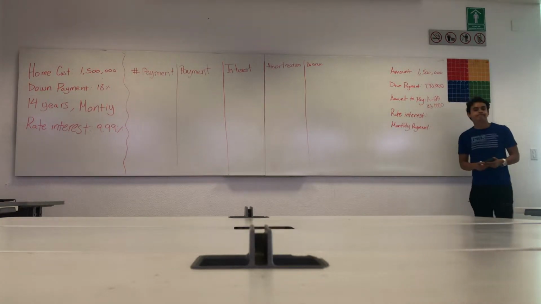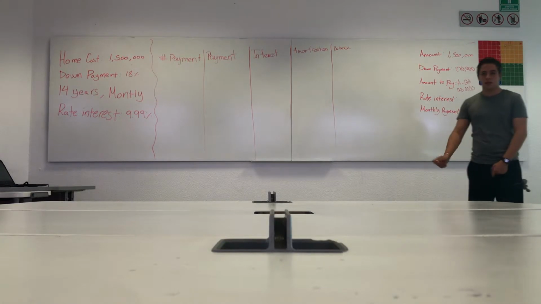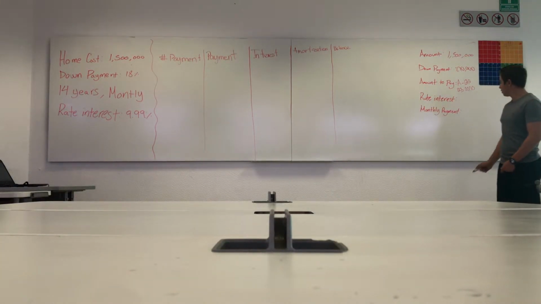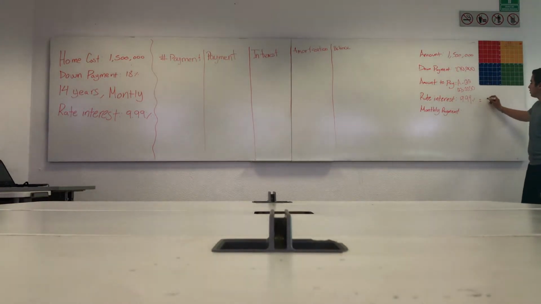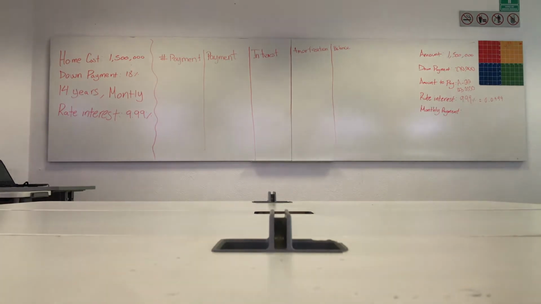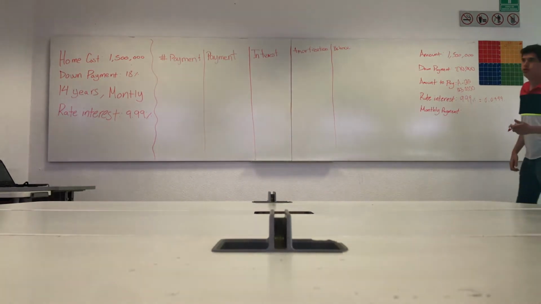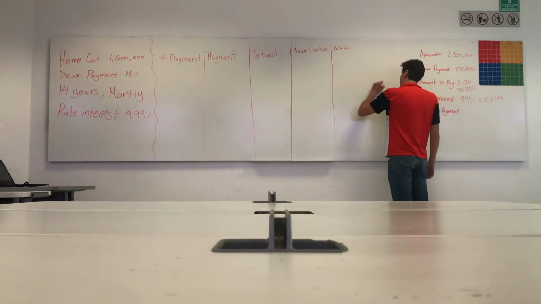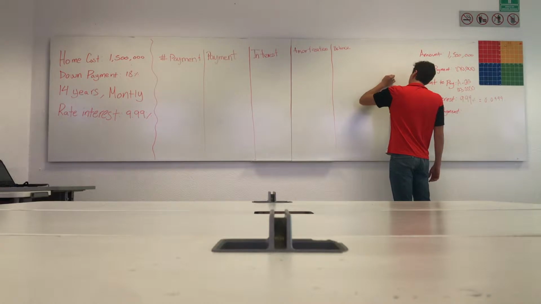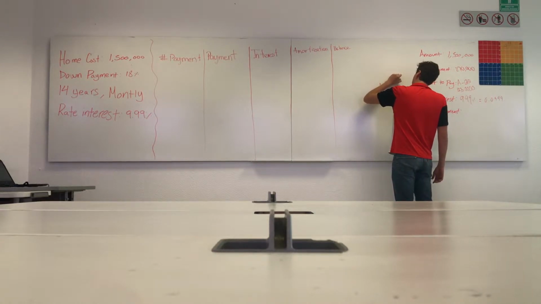this one. The interest rate depends on what the problem gives you. In this case, it's 9.99%, which is equal to 0.0999. To get the monthly payment, you have to use the formula. The amount is equal to the payment multiplied by 1 minus